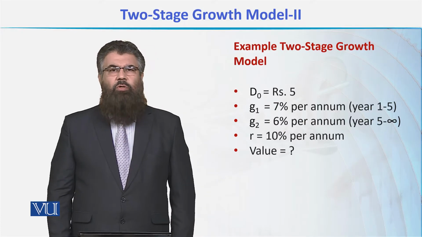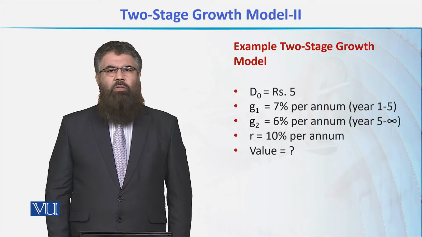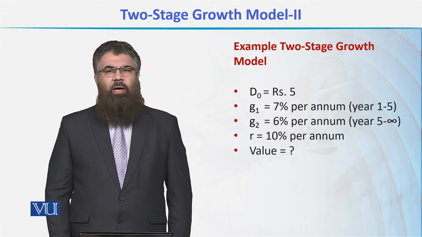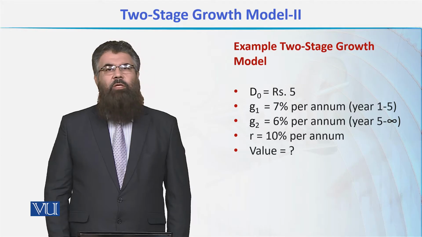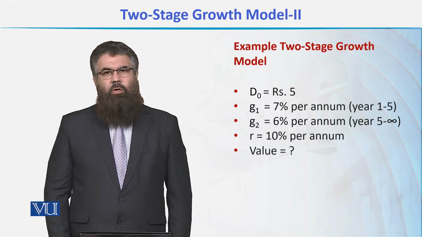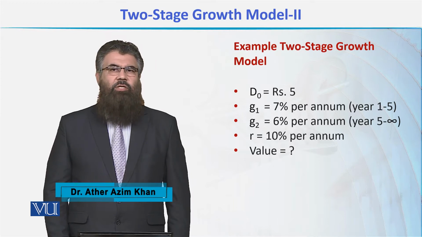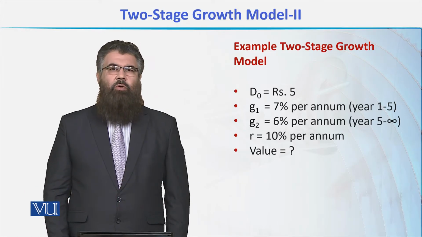हमने टू स्टेज ग्रोथ मॉडल की डिस्कशन की, जिसमें हमने ये देखा कि ऐसा कॉमन स्टॉक जिसका डिविडेंड स्टेजेस में ग्रो करे, दैट इज इन टू स्टेजेस, and if this assumption is applied that the retention ratio changes once, then there will be two stages of growth. So we call them as the stage 1, which is growth rate 1 G1, and the stage 2 where the growth rate is G2. So that is how we distinguish the two growth rates.